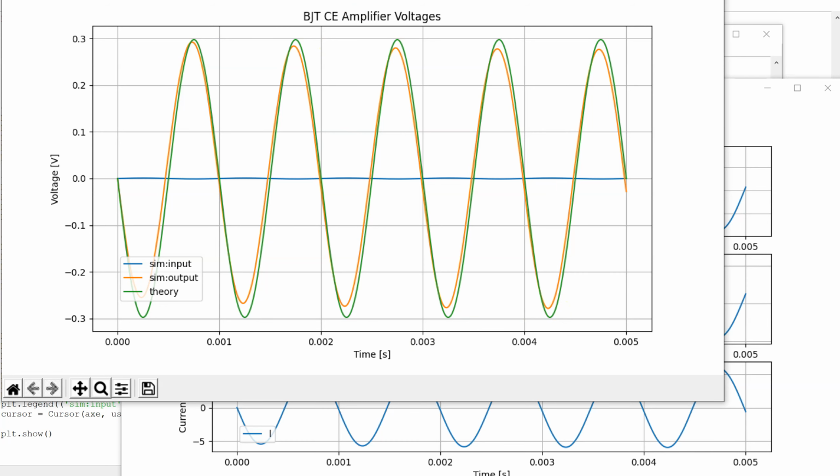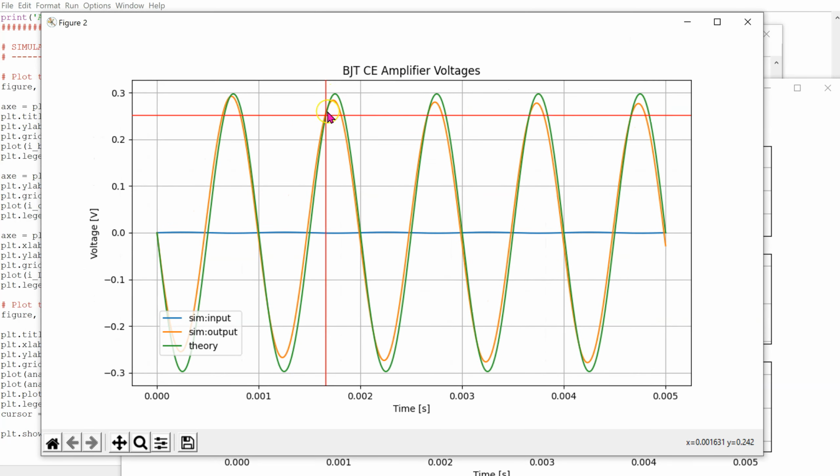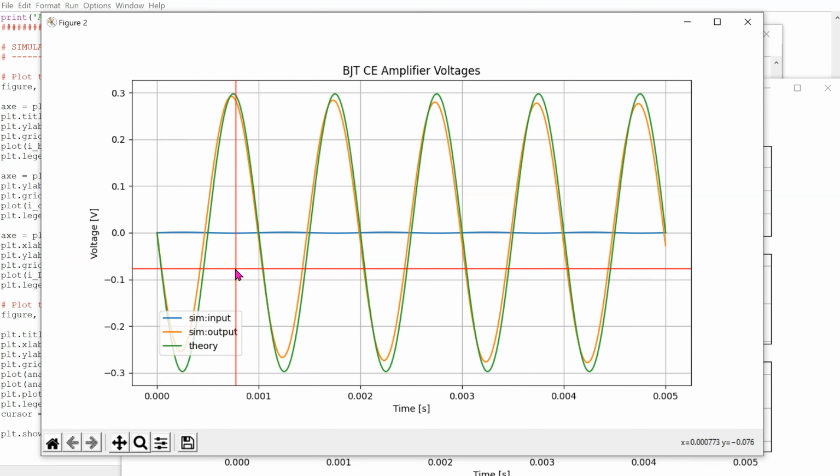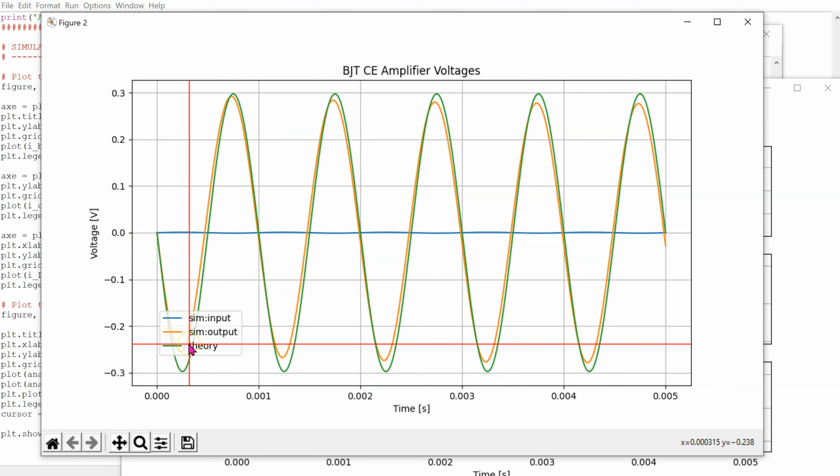First, let us take a look at the voltages. The input in blue is a 1 millivolt peak sinusoidal signal. The PySpice simulation result for the output is in orange. The common emitter amplifier is an inverting amplifier, hence input and output are 180° out of phase.